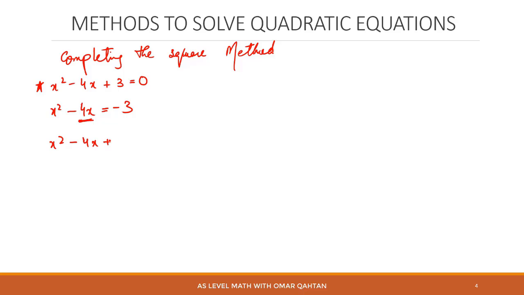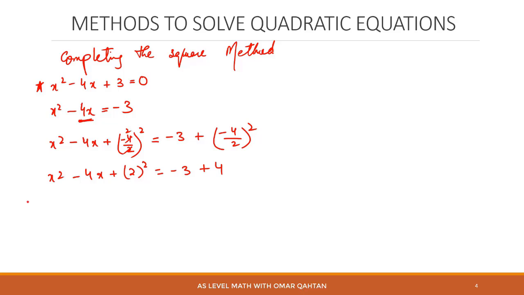What you need to do, you just need to add minus 4x plus minus 4 upon 2. Whatever the coefficient of x is, you just have to divide it by 2 and square it, and then add this to the left side and to the right side. Now simplify it a little bit. So we have this x squared minus 4x plus 2 whole square is equals to minus 3